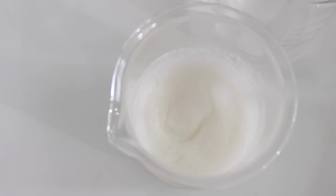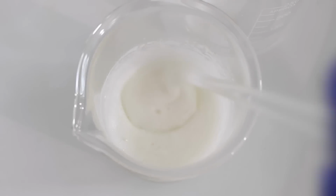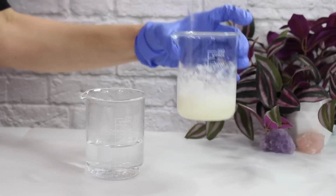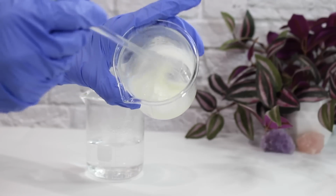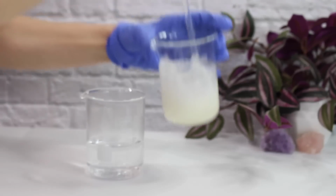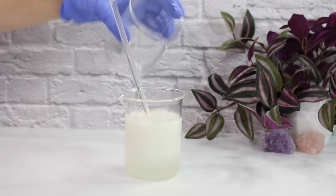And I like to do this to help dissolve any of the leftover powder in the SCI that isn't dissolved. It really helps heating up everything just to do that. And this really helps incorporate everything quicker, and you'll know that SCI has dissolved because you'll have this nice creamy consistency going on. So just pour the distilled water into the SCI mixture, and you just want to mix gently,